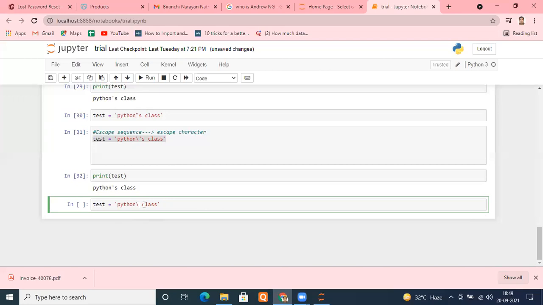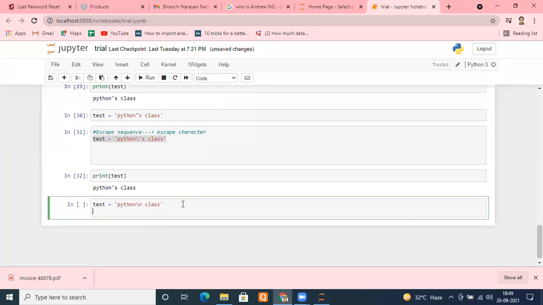So you can use again an escape sequence, slash n. N simply means new line. Run it, and we can check here itself.